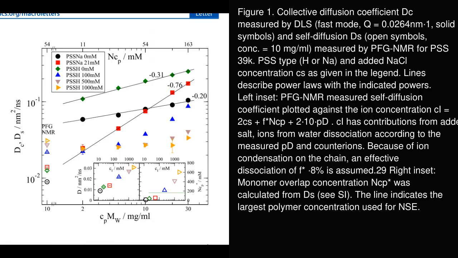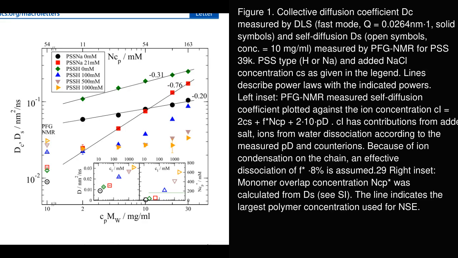Figure 1 presents measurements of the collective diffusion coefficient, DC, via DLS, and the self-diffusion coefficient, DS, by PFG NMR for polystyrene sulfonate of molecular weight 39 kg per mole, PSS 39K. The data are shown for different polymer types, acidic H or sodium salt, Na, and varying added NaCl salt concentration, CS. The solid symbols represent DC, capturing how groups of chains diffuse collectively, while open symbols show DS, reflecting individual chain mobility. The authors highlight that at high salt concentrations, extrapolating DC toward dilute conditions aligns well with DS, indicating